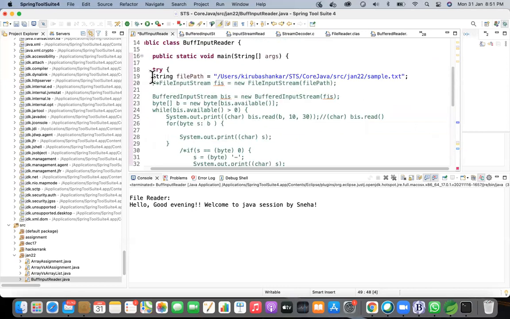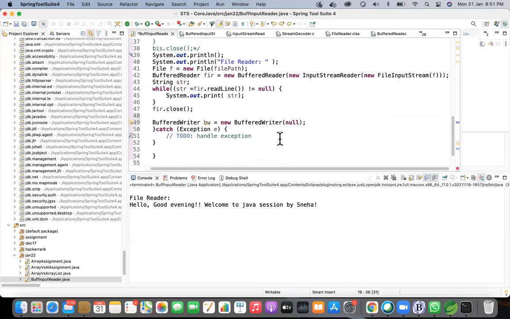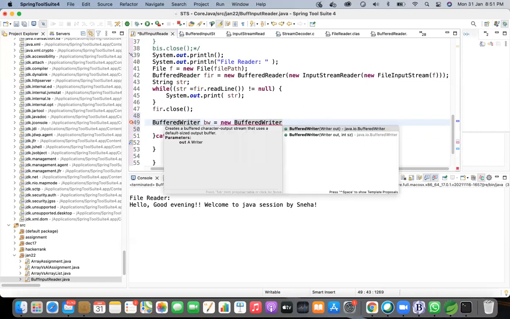No, no, can you go down once? So if you see the BufferedWriter, can you open that constructor? Yeah, you see the Writer object. So Writer is again an abstract class. You have to pass some other writer. It can be an OutputStreamWriter or something, whatever child class object of Writer has to be passed in it. Okay.